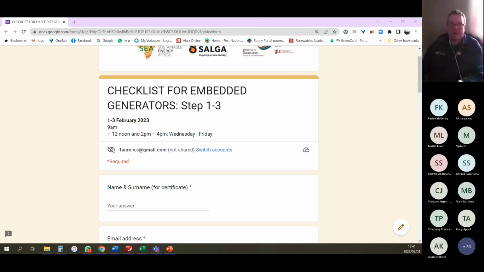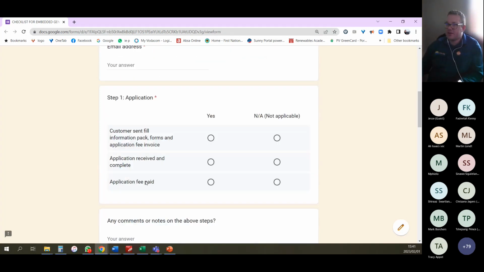Let's switch on my camera. There we go. Okay, so you're going to receive this Google form. You're going to provide your details, email address. And then you'll see the blocks which Gerard showed you in terms of the checklist are now in a Google form format. So it's again, customer center filled in information pack forms and application fee invoice, application received and